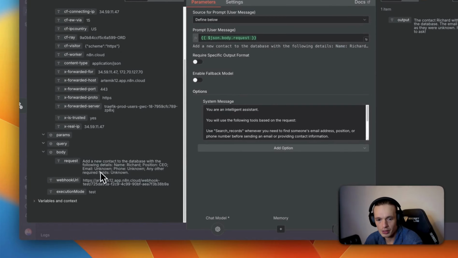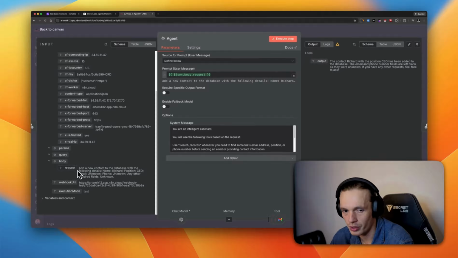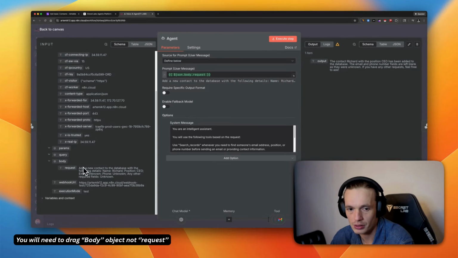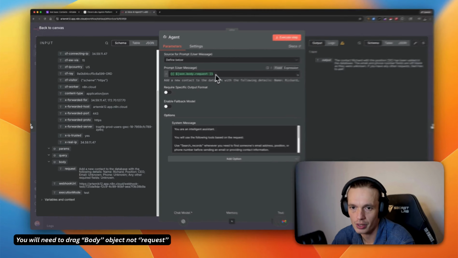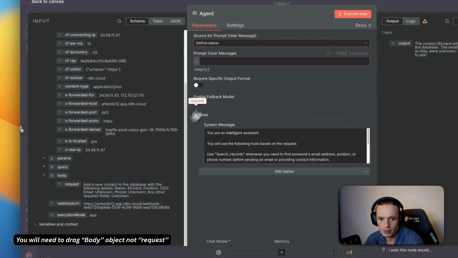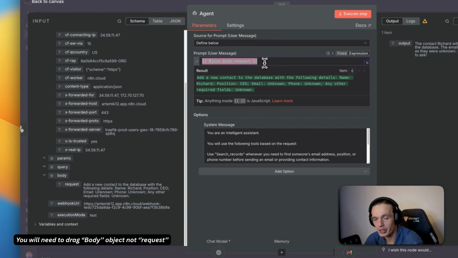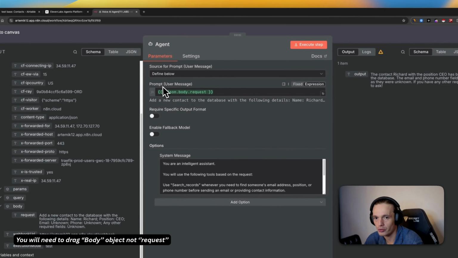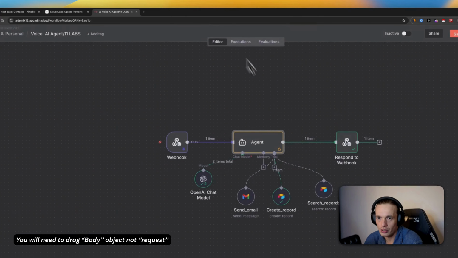So I did a conversation before, and here's what we got. Here's what you will get. This is what we'll need to drag. So drag right here, so the agent will work with that information. And before you do that, in the agent node,